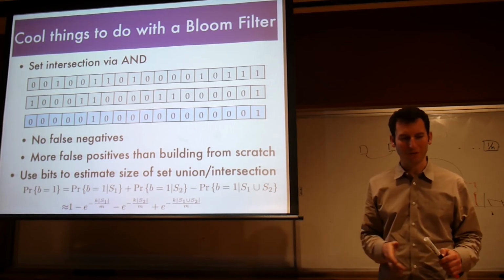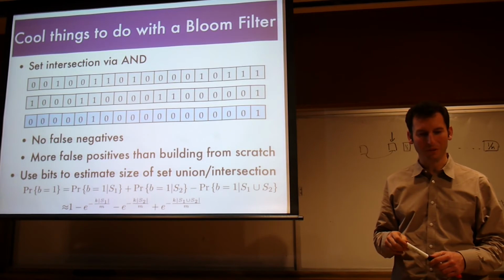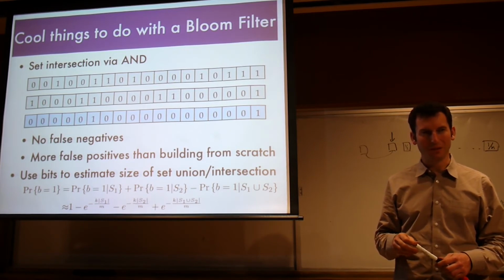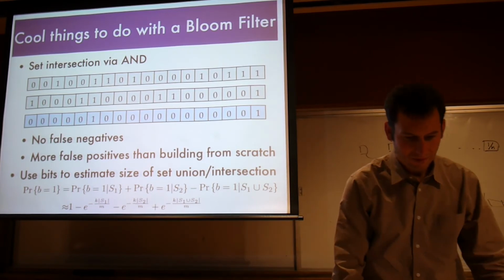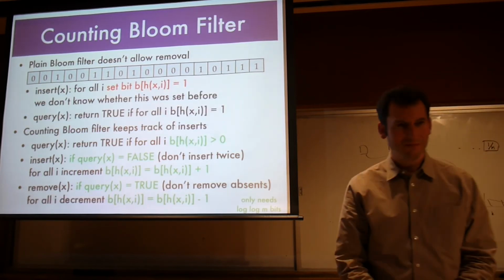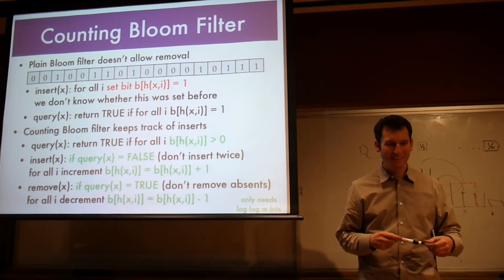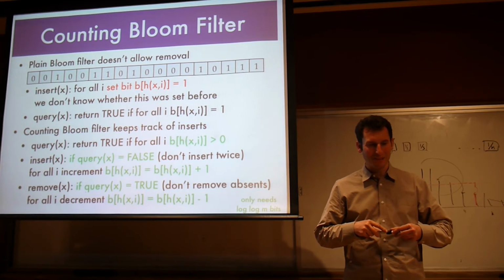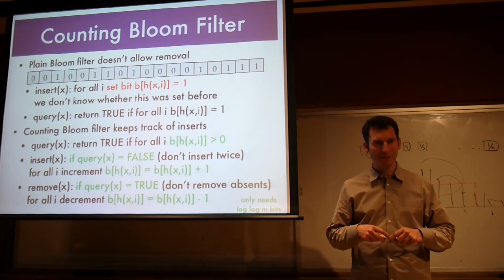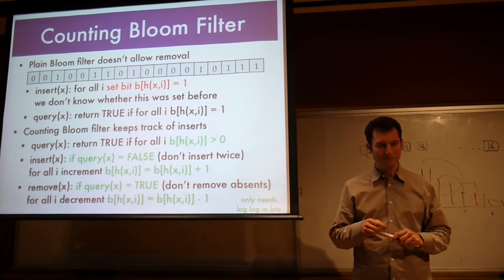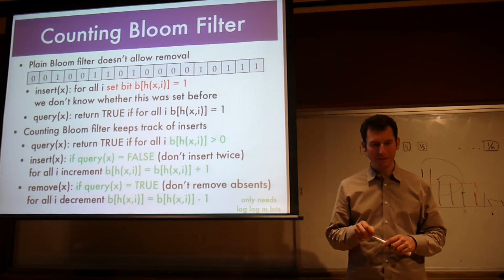Modulo the fill ratio and all that, so that's where the exponentials come from, but back of the envelope this is going to be a good estimate. Now, removal, right? So plain Bloom filter doesn't actually allow you to do this. So there's something called a counting Bloom filter,